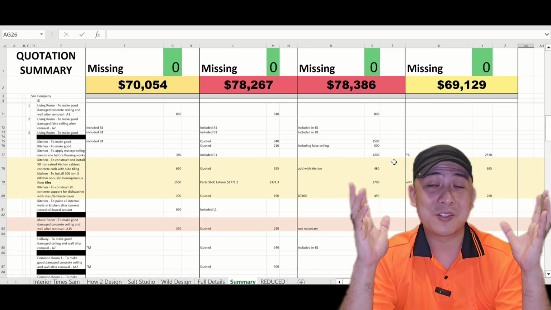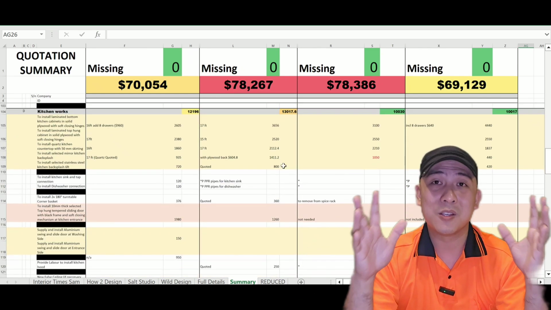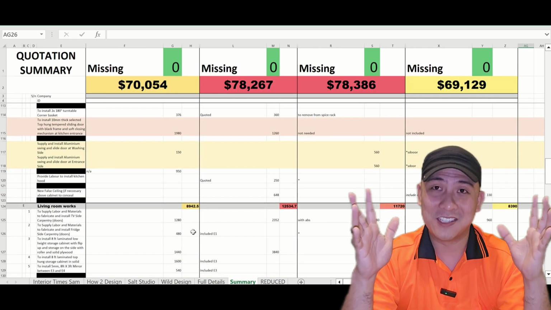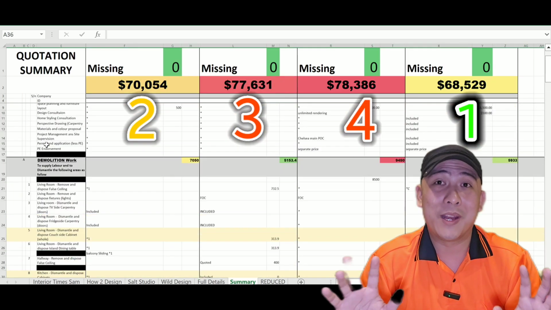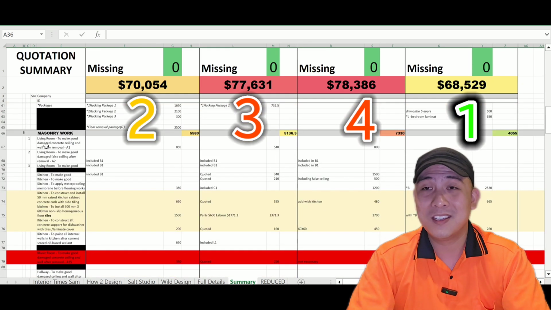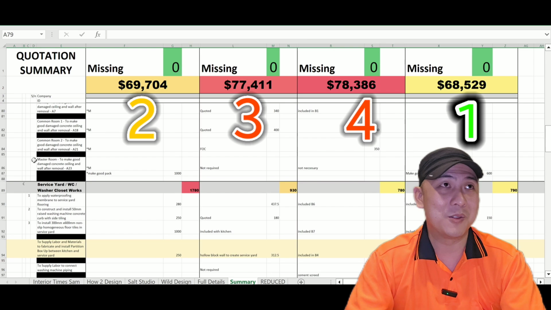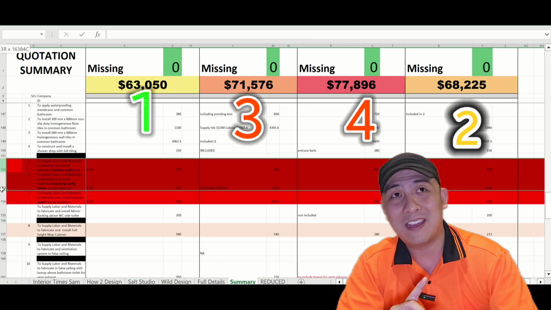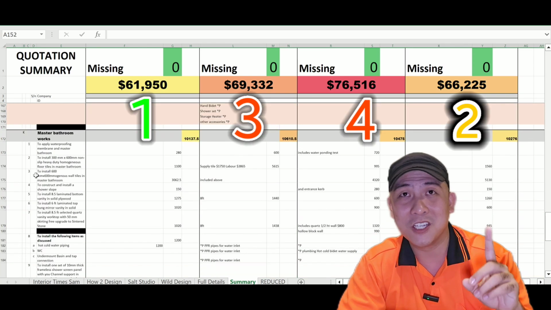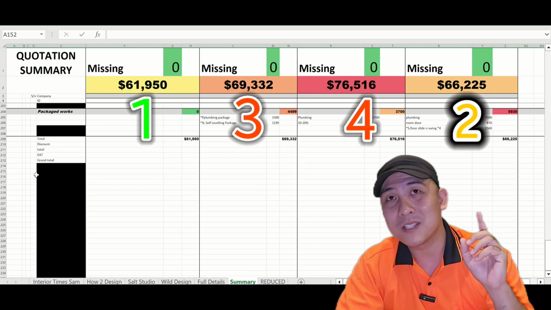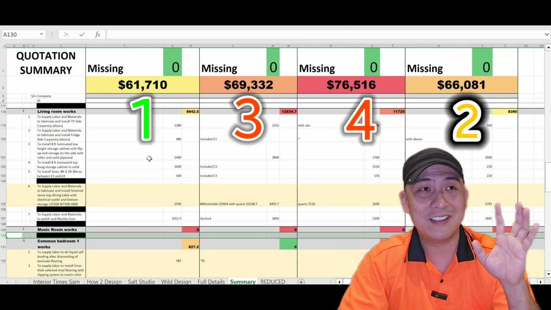So these are the 4 IDs that I've shortlisted out of the 20 that I've interacted with. I sent my briefing out to. So this is the final stage of selection. 1, 2, 3, 4. But watch what happens when I start trimming the quote. I start off here, these red lines, I don't really want this, I also don't really want that, and that, I also don't really want that. Now watch, the numbers are slowly changing, and the ID that was number 2 is now number 1,